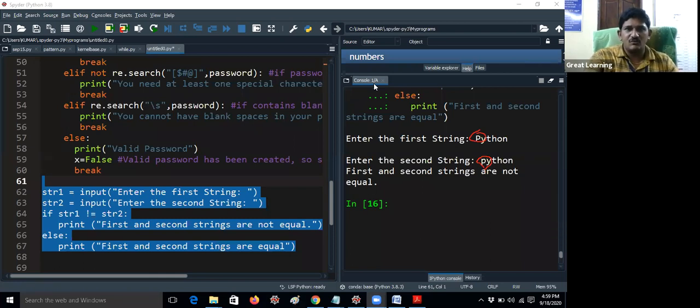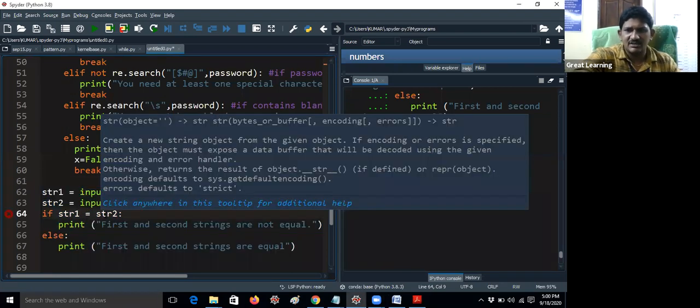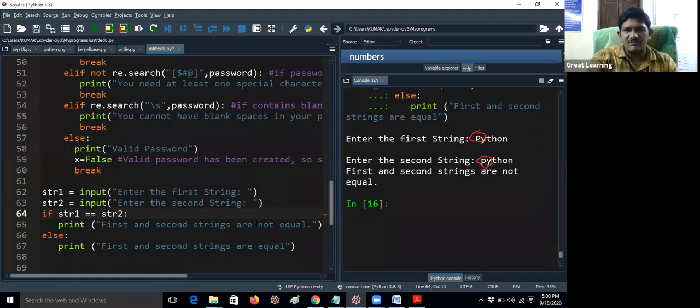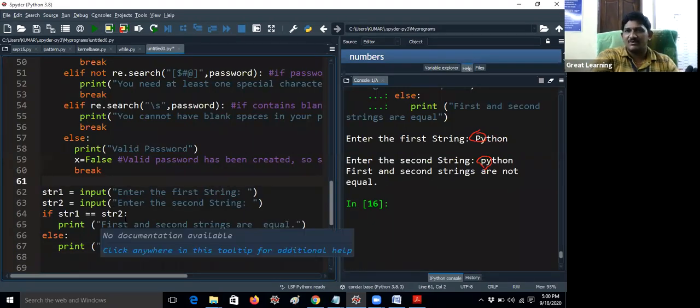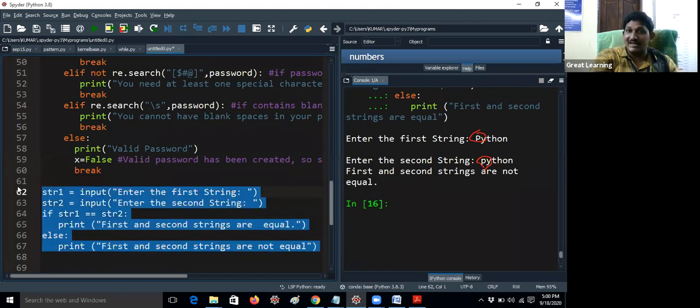So if you want to check the equal to condition, I did not execute it there, right? Just give equal to. But instead of equal here, you have to put not equal here. That's all. So these are the two ways. Even in the examinations, you need not remember all the things. If you listen to the class very carefully, you need not prepare for the exams actually. I always tell it that way.